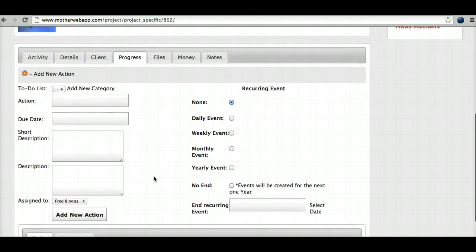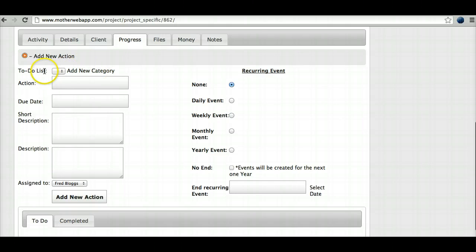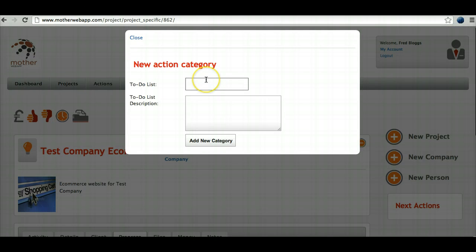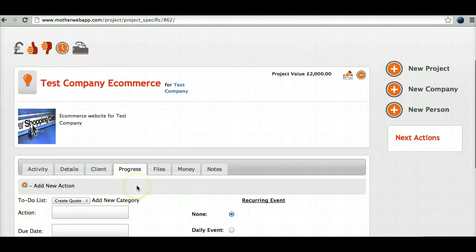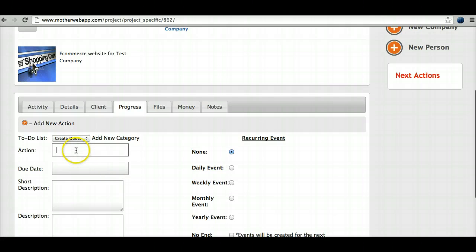So from here I'm going to have a to-do list, and there aren't any items in my to-do list categories at the moment, so I need to add a category. I'm going to do one called create quote, and then you can give it some more information if you want, just typing anything there, and I'm going to add a new category. So the action is I'd like a new quote please,